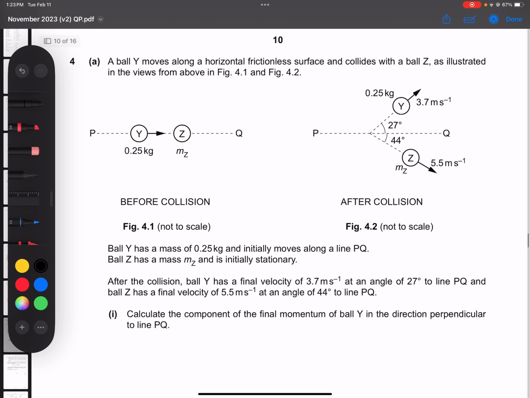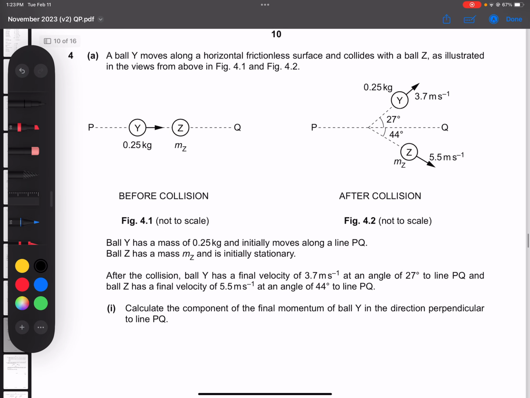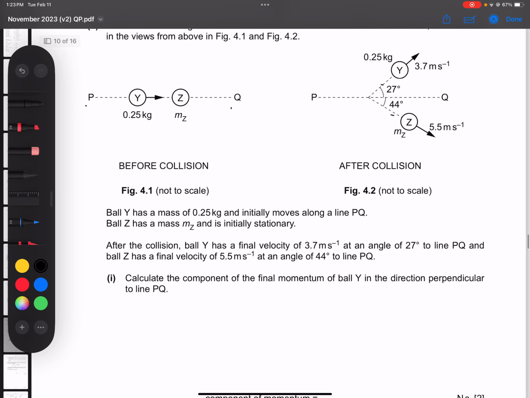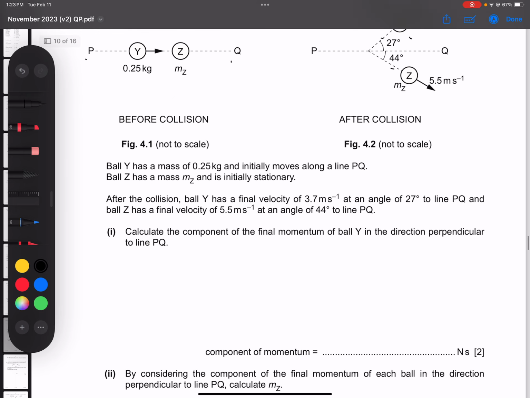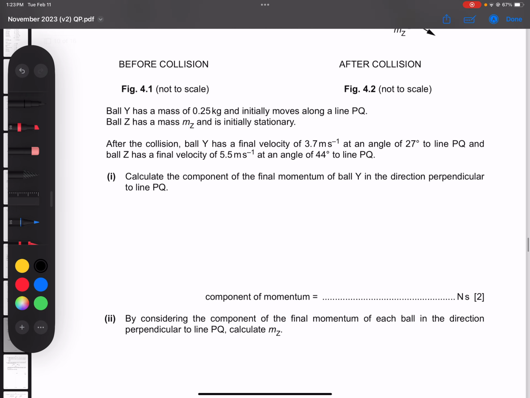Okay, now the first question, right? It talks about two balls colliding along a straight line PQ and then rebounding at angles this and this to PQ. The first question is to calculate the component of the final momentum of ball Y in the direction perpendicular to line PQ. So if we were to illustrate this, right, 27 degrees,